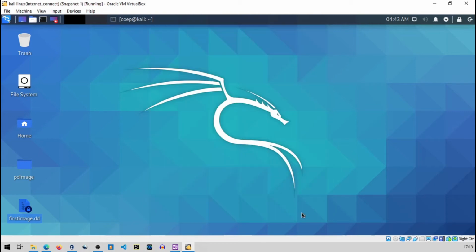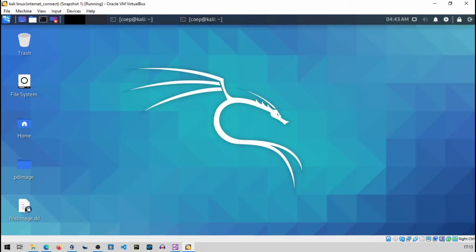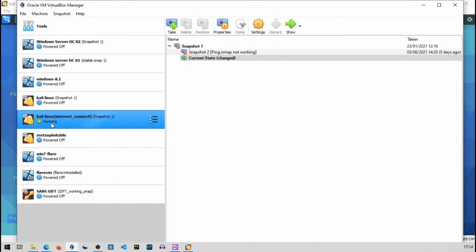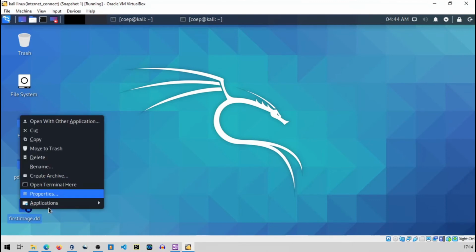Now I will go with one more dd command example. Let me delete that file, because I have not allocated too much space to my virtual hard disk in Kali Linux. Or rather, I will keep it.